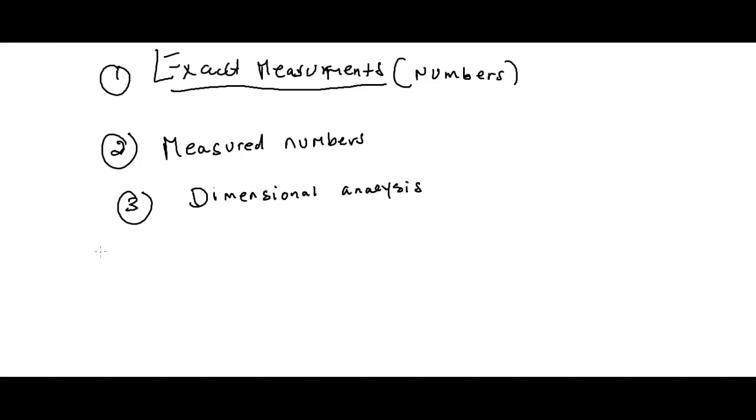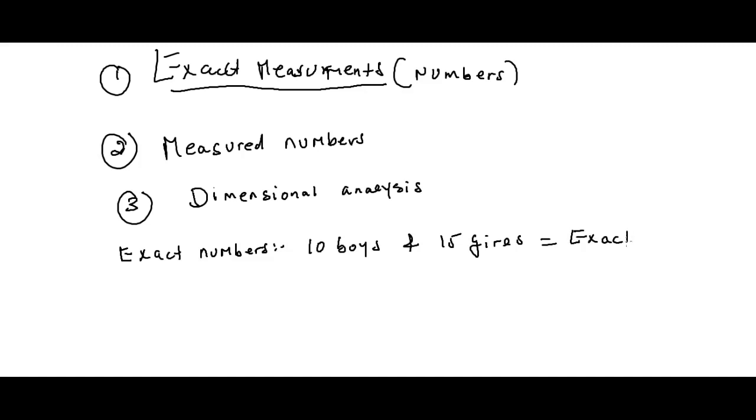What are exact numbers? I can give you a very simple definition. Let's say you count the number of students in your class, how many boys and how many girls are in the class. If you say there are 10 boys and about 15 girls, this is an exact number. It's called an exact number. Or if you count how many test tubes you have,